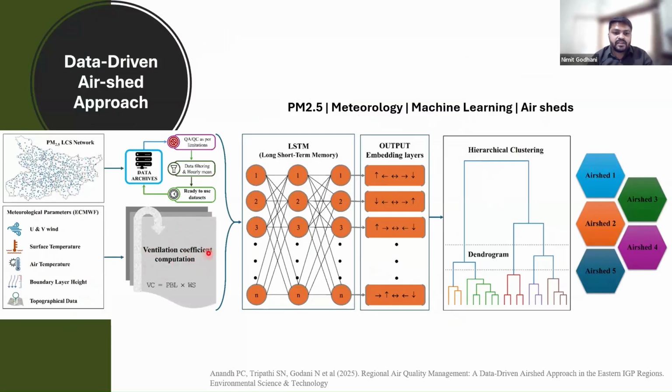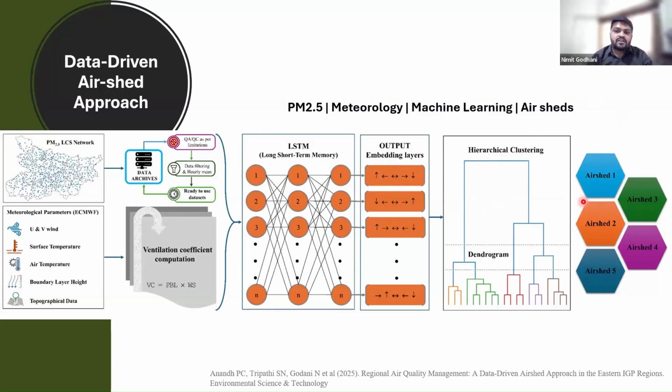We use the ventilation coefficient also. We feed all our data using LSTM, and the output is in embedding layers in vector format. Then we perform hierarchical clustering, and we found 5 different airsheds